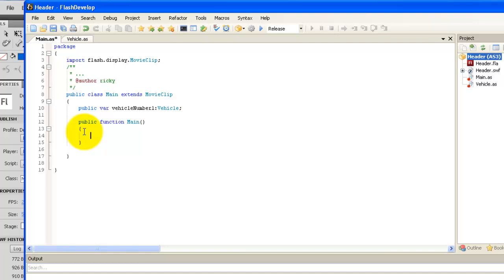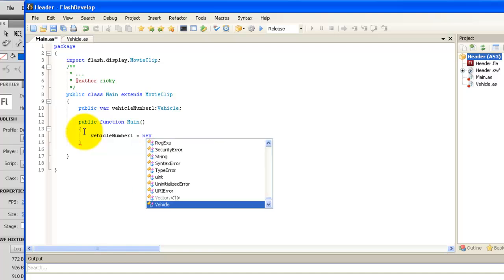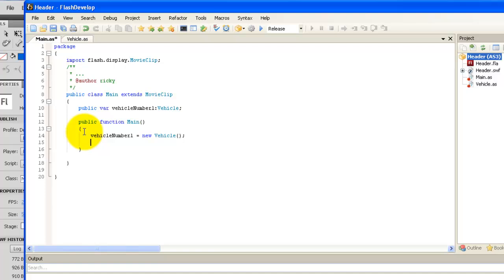Now in our main function, we can type vehicle, and we'll get code hinting again, and you put a dot, and you can see that we have name and tires available. But in order to use this object, you actually have to instantiate it first. And so we'll type vehicle number 1 equals new, and then vehicle. Now that created an instance of